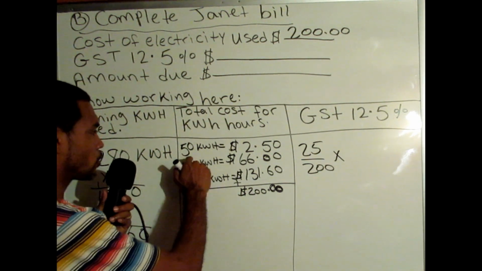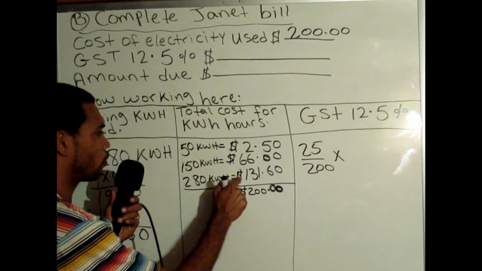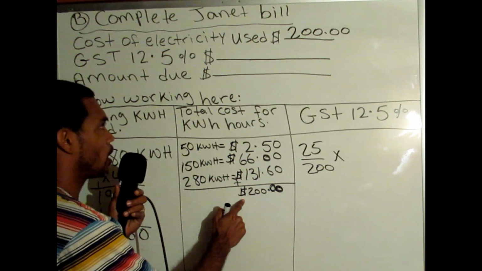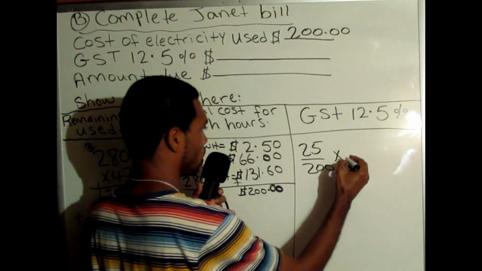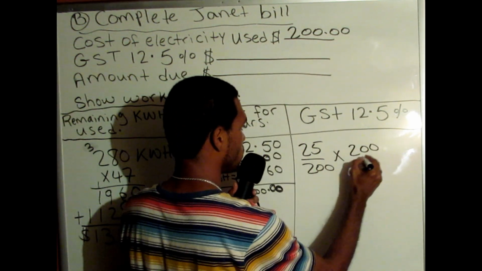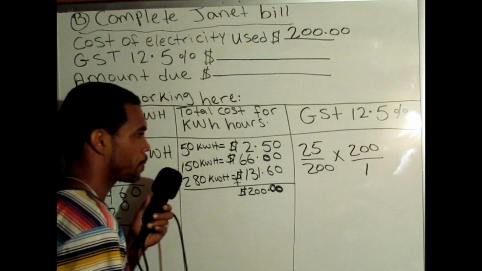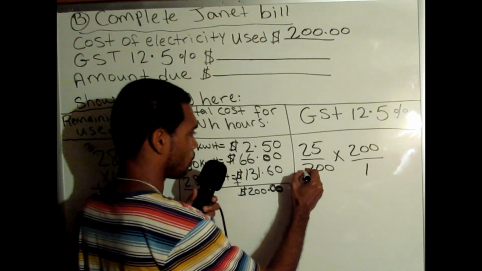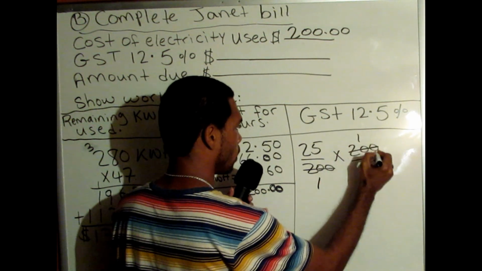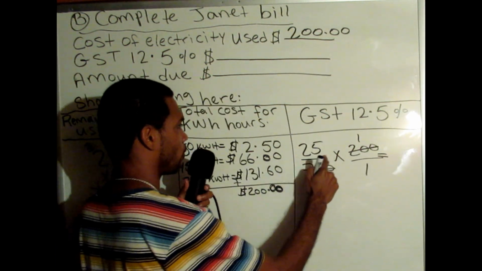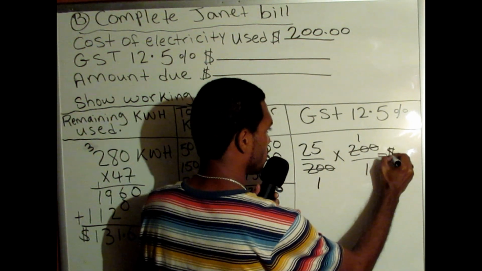And so for this 480 kilowatts at the different rates that Janet used, when we round it to the nearest dollar, we stayed with $200. So times $200 over 1. And we could cross cancel 200 into 201, 200 into 201. Then when we multiply 25 times 1, we stayed with